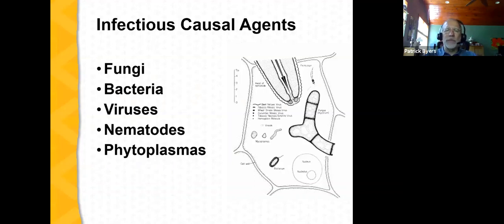Then we get into viruses, which are very tiny, very difficult to see even under microscopes, but the group of organisms there at the very center, you can get an idea, relatively speaking, of the size of a virus compared to a plant cell. Looking at the upper part of this diagram, you see that rounded thing protruding into the cell. That is the head of a nematode. Of all the causal agents we're going to discuss today, all the plant pathogens, nematodes are among the largest. And then phytoplasmas, we can see at the very center there, where it says mycoplasmas. These are examples of phytoplasmas, and they're intermediate in size between fungi, bacteria, and then viruses.